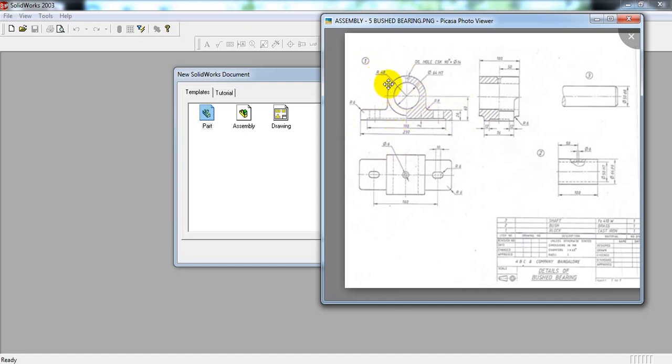Outer circle he has not mentioned the diameter, instead he has mentioned the radius, that is 48 mm. So diameter will be 96 mm, 48 into 2. In the side view he has given two widths, that is base is 76 mm and here top you can see this is 100 mm. I will explain step by step. Let's see.